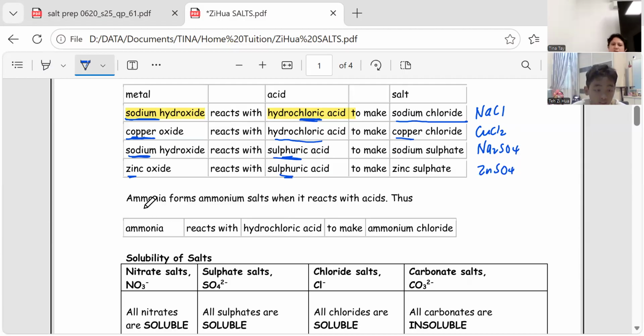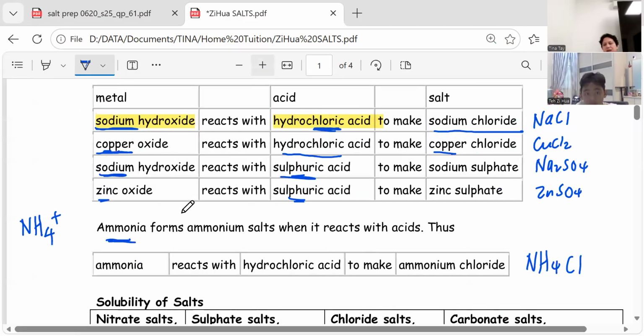Okay, now ammonia is a special kind of base. It forms ammonium salt, which has ammonium ions, NH4 positive 1. So if it reacts, it forms ammonium chloride like this. Okay, so basically, there is a whole list of cations that can react with a whole list of anions to